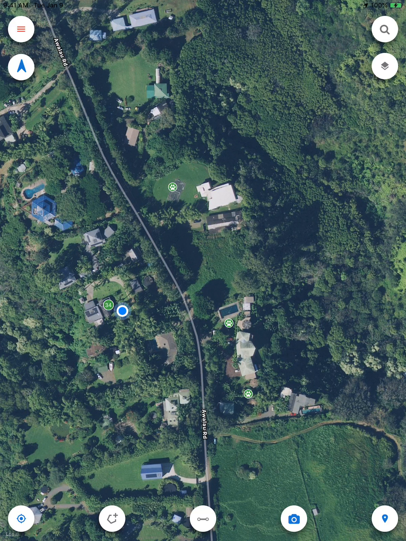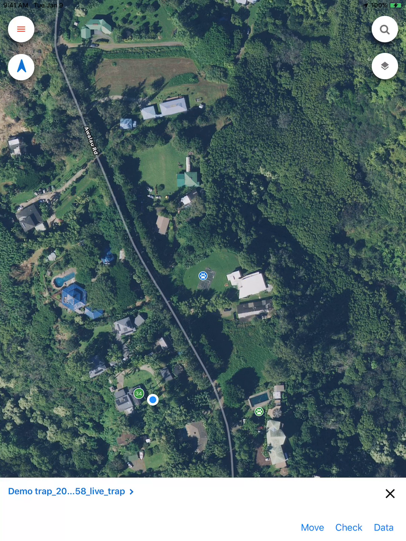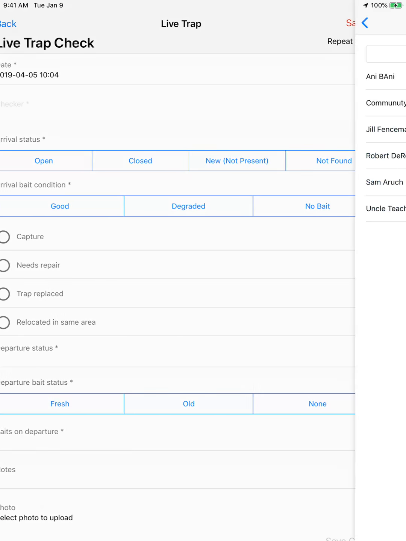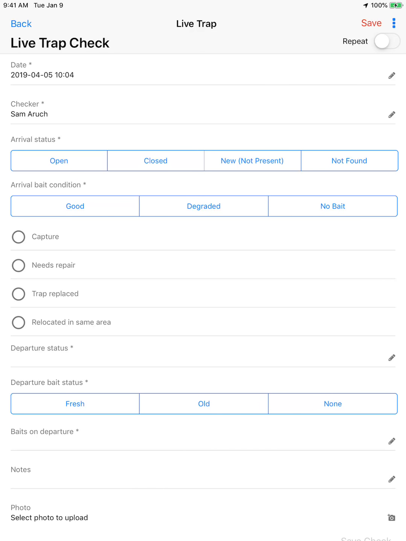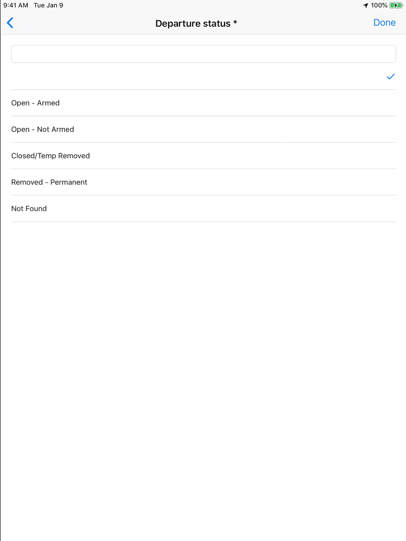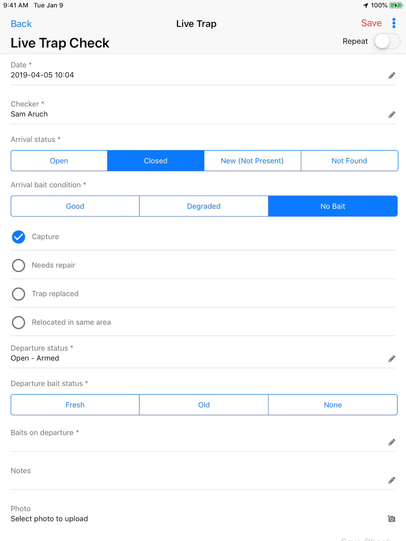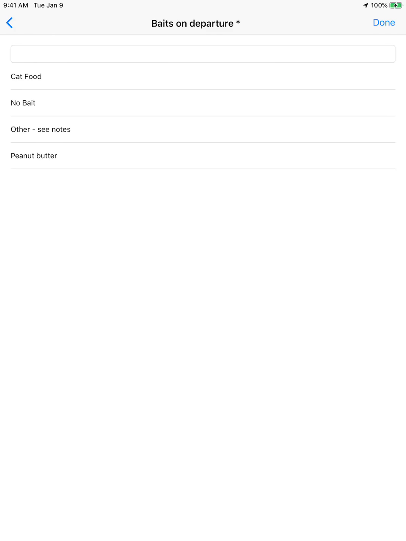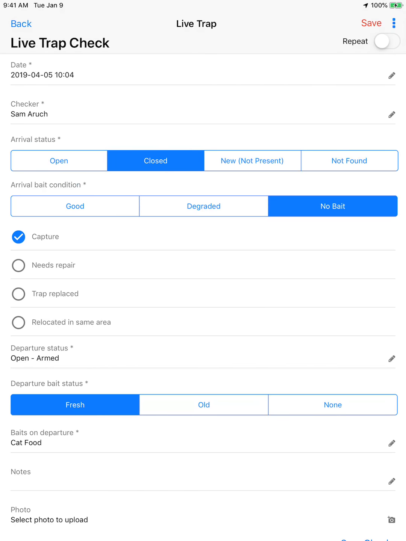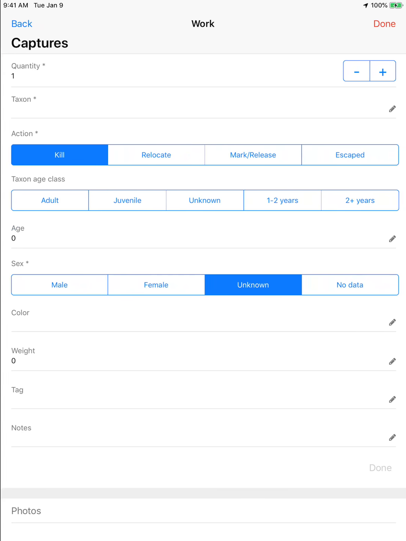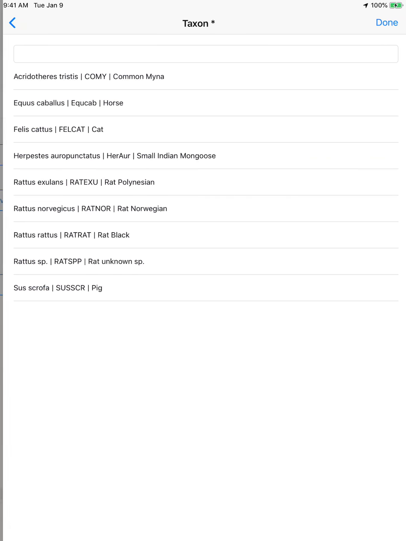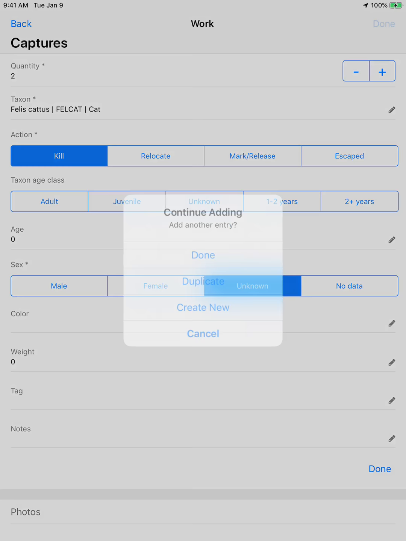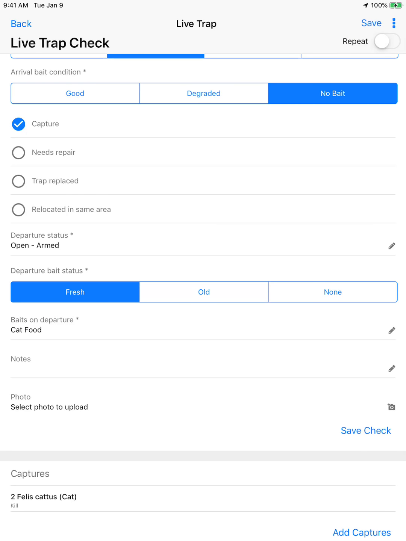So I'm going to click on this trap right here, and I'm going to check it. So I click check, fill in my form, and if I had a capture, I can click capture and fill in the whole form. Now the capture menu will show up on the bottom, so click add captures, and you can add your captures as well. You can add photos at the capture level, at the trap check level,